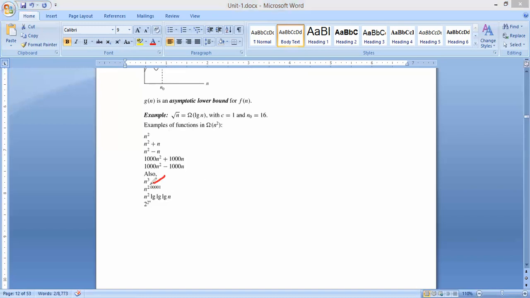Right, here we have n cube. Here we are going to calculate. How can we assume? Right now you just have to assume here